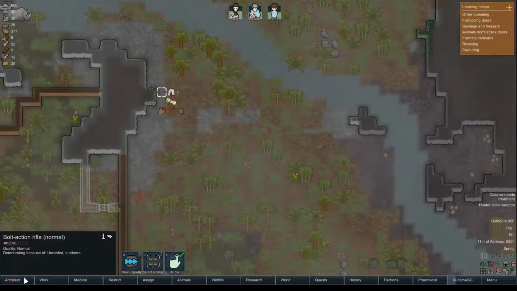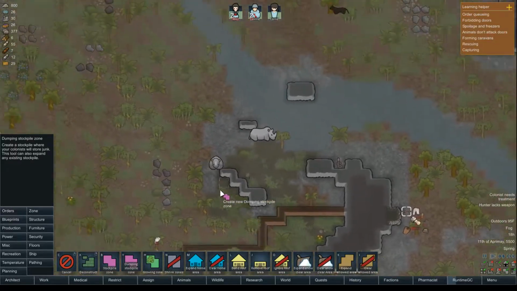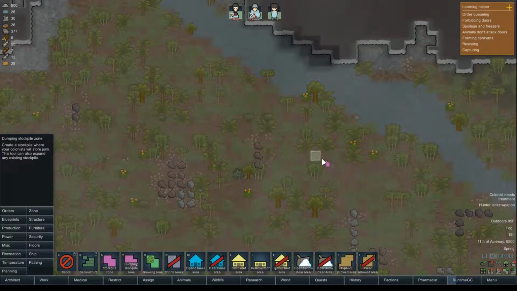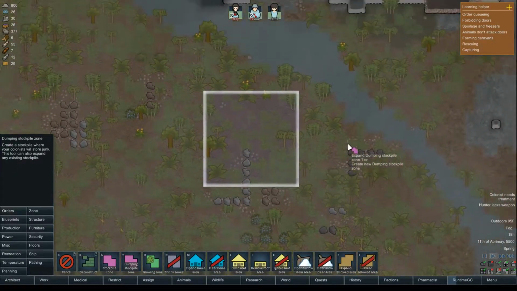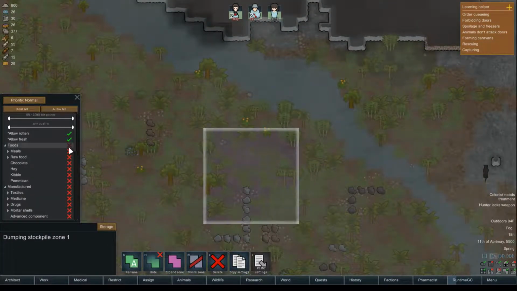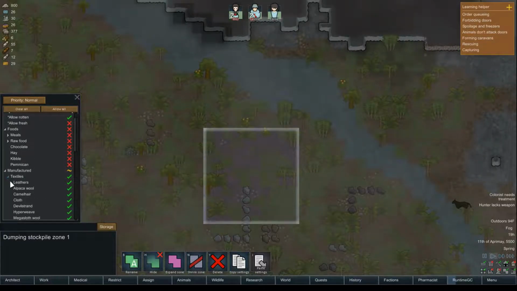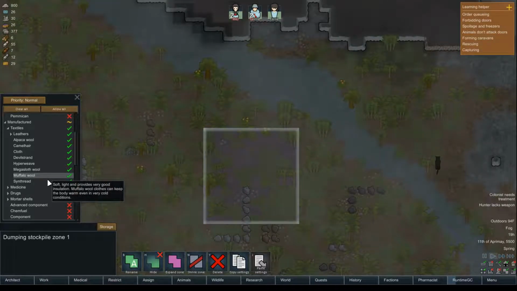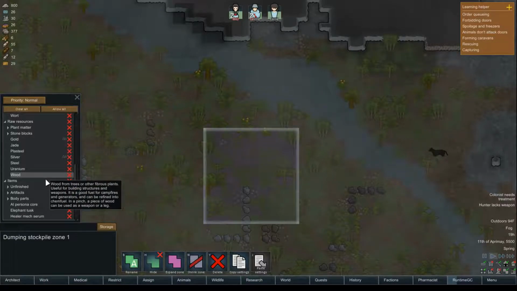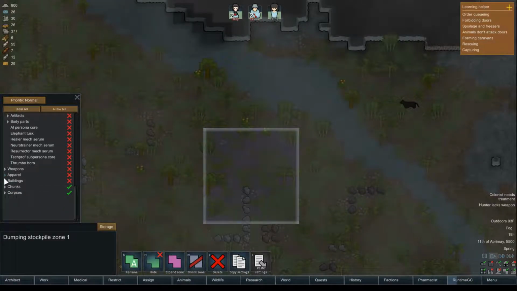What we need to do real quick is set an area, a dumping zone for trash. I'm gonna do it up here. This stuff should just be hauled. Allow rotten, don't allow fresh. We'll allow textiles. But is that really what we want? No, we want apparel. Well...